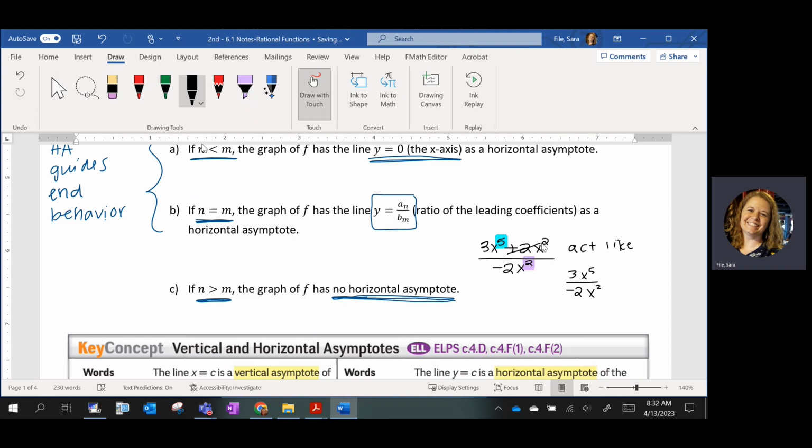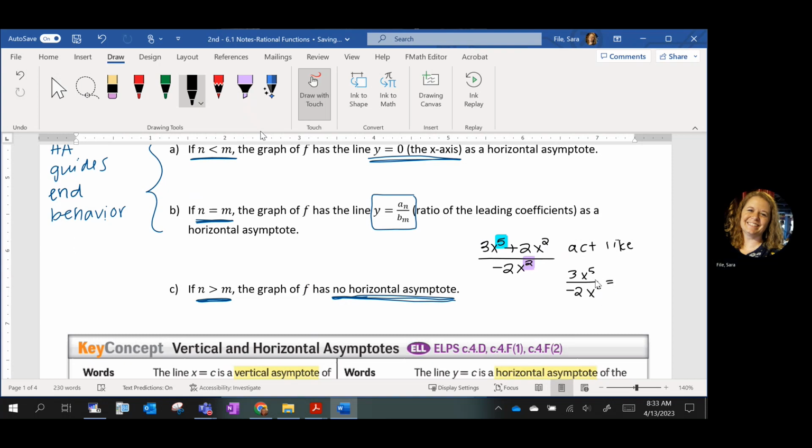Essentially, I don't care about these terms over here is what it means. When I'm just trying to figure out end behavior, I can ignore any other terms besides the leading terms. I only care about the leading terms to figure out end behavior. Now, in this case, that would reduce